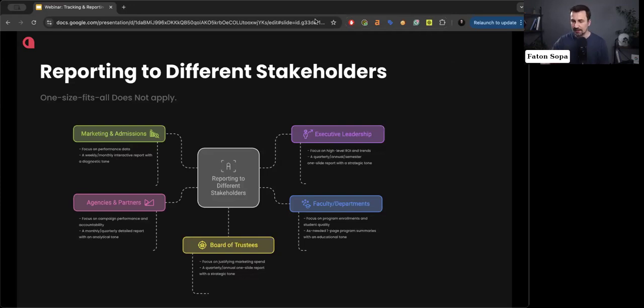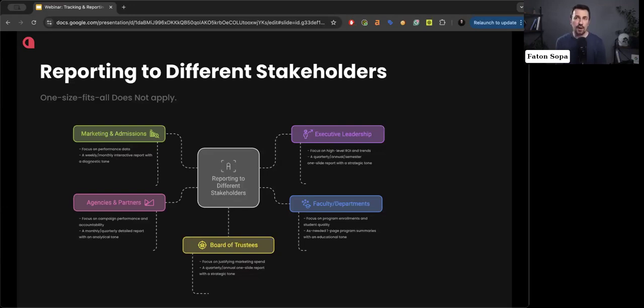Then you have the executive leadership. This is where you focus on high-level ROI and trends. These reports usually are one-slide reports, and this is the place where you want to be more strategic in your tone. Then you have the faculty and departments. This is the case usually with big universities that have a different marketing team and faculty team for each specific program.